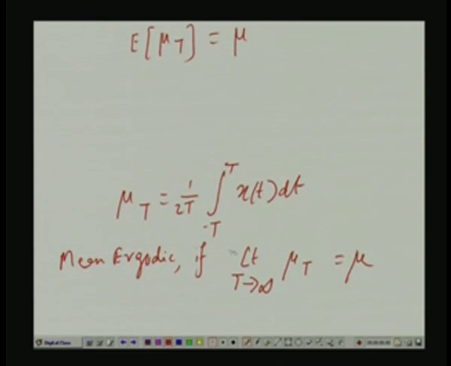In that sense, I am writing this limit expression: mu T approaches mu in the mean square sense as T tends to infinity. So far, I have only got that for any choice of capital T, the mean of this random variable mu T is mu. But for ergodicity in mean, I must have this satisfied, that if I call it sigma T squared,